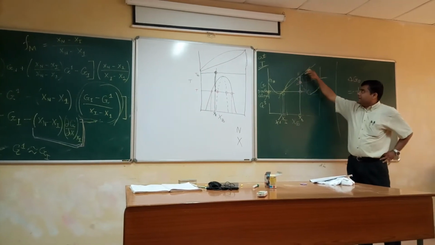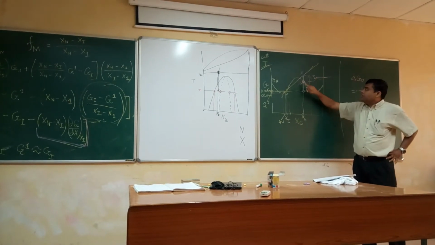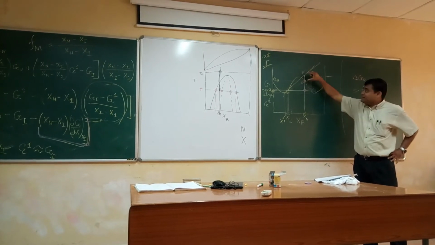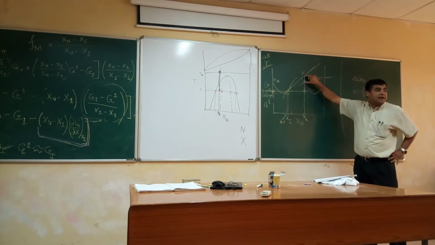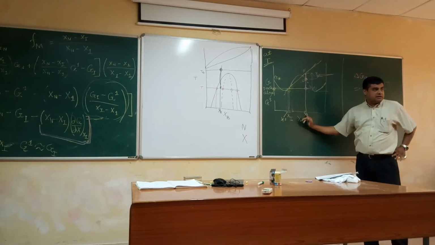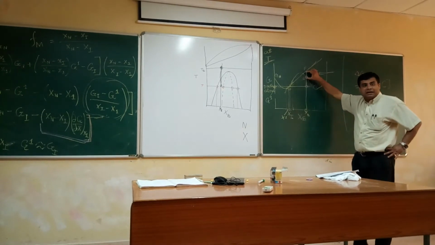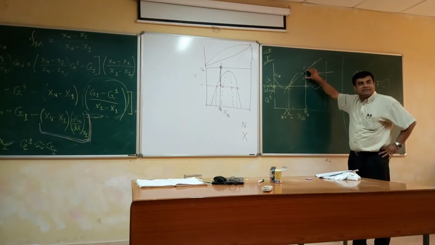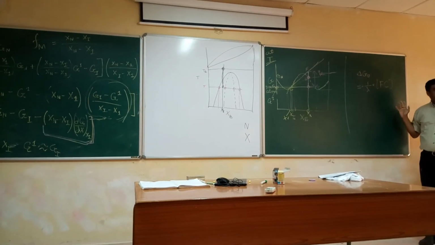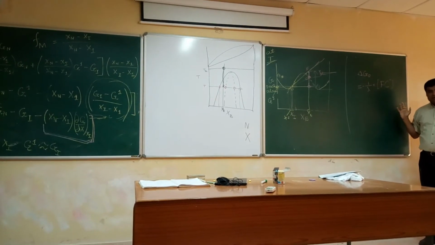This is the vertical distance from the tangent drawn at the alloy composition to the Gibbs free energy versus composition curve. That is the distance. But where? At the embryo composition. So that vertical distance from the tangent drawn at the alloy composition till the Gibbs free energy versus composition curve, this distance multiplied by 1 over lambda is the Gibbs free energy change per unit volume of precipitate.